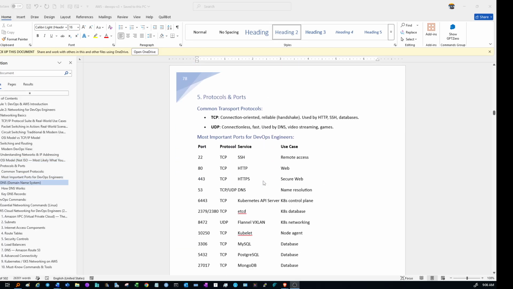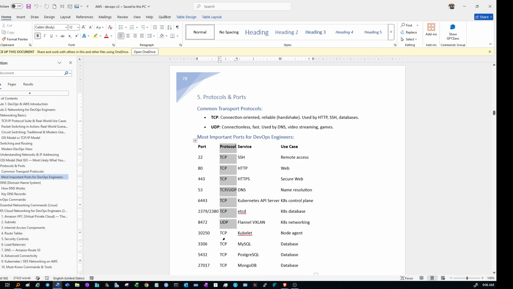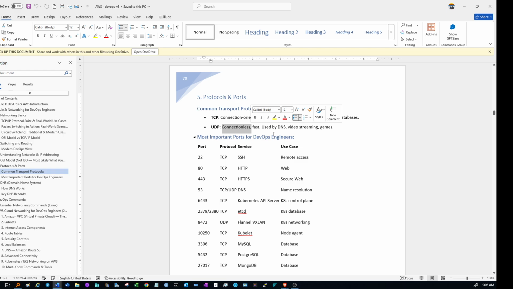So now we will see protocol. You are aware of the protocol now. This is connection-oriented TCP and this is connectionless. Connectionless means your state is not recorded there because there is no three-way handshake happening. That is why you will not have any connection, which will be used for your DNS querying and video